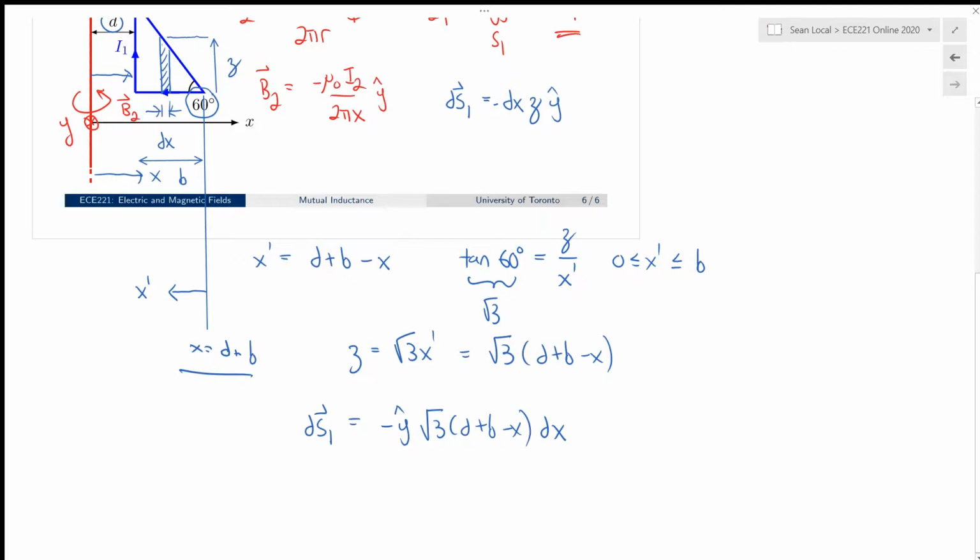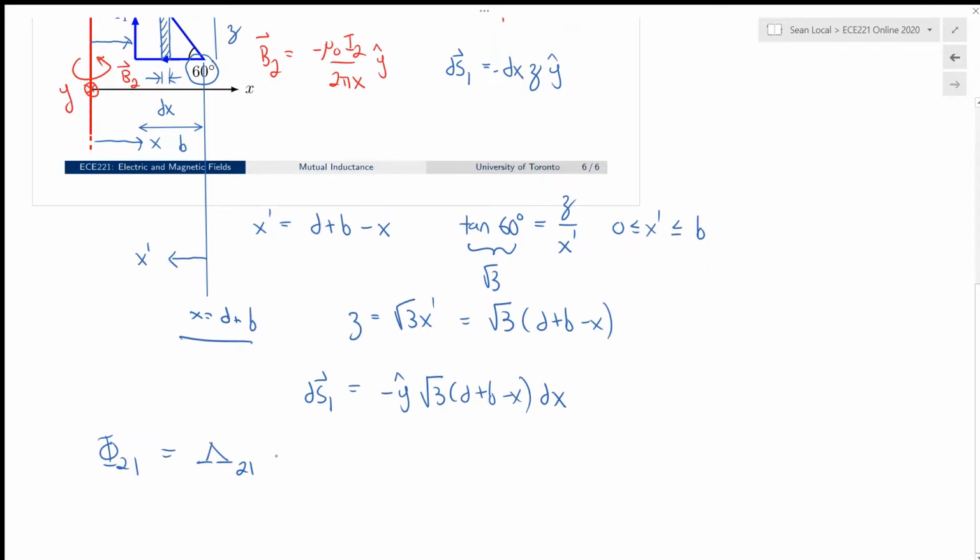So now we're ready to take the dot product between B2 and ds1. They are parallel because they're both in the minus y direction. So we can proceed to calculate phi 2,1. And recognize that this is going to be equal to lambda 2,1 because there's only a single turn for that triangular loop. So we need to integrate now the product